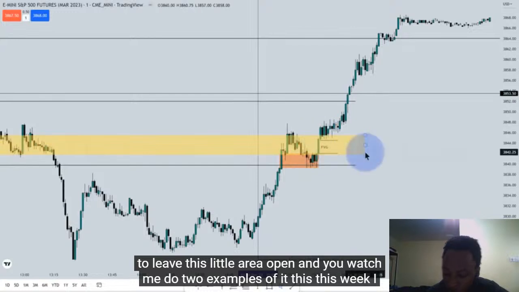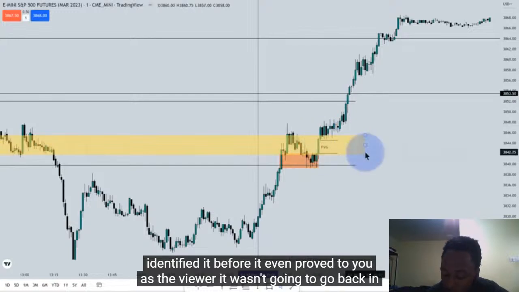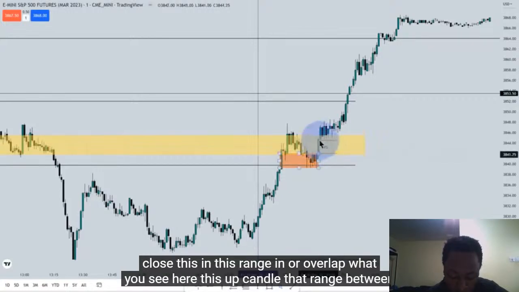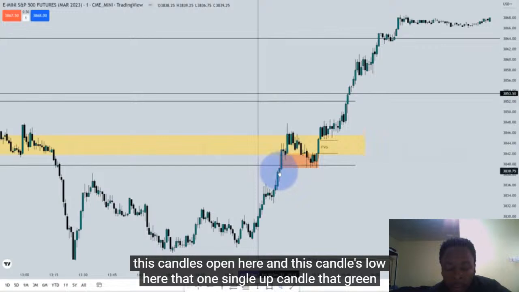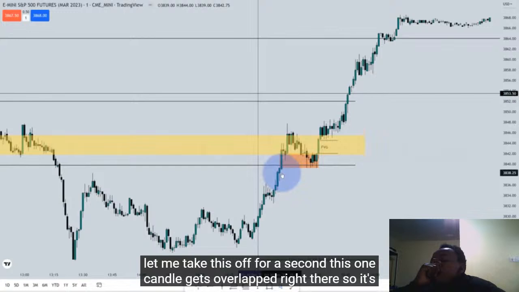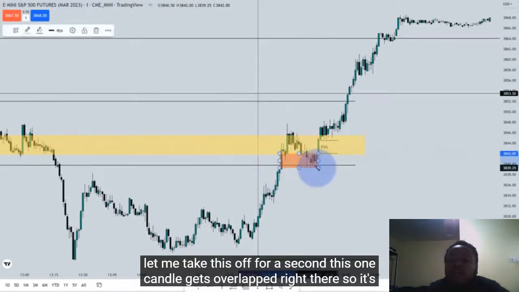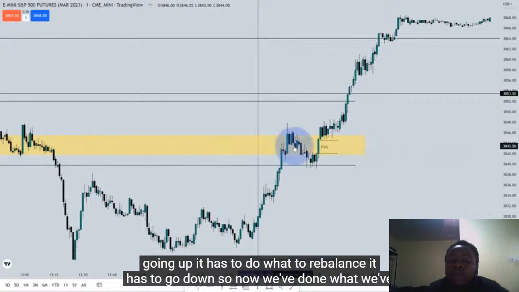And you watched me do 2 examples of it this week. I identified it before it even proved to you as the viewer that it wasn't going to go back in and close this range or overlap what you see here. This up candle, that range between this candle's open here and this candle's low here, that one single green up candle. Let me take this off for a second. This one candle gets overlapped right there. So it's going up. It has to do what to